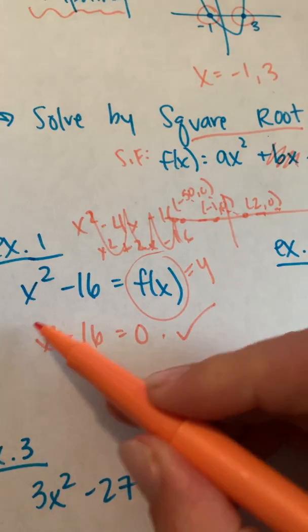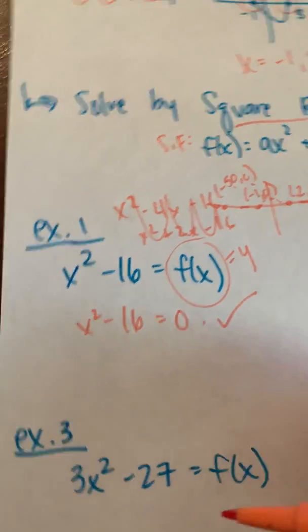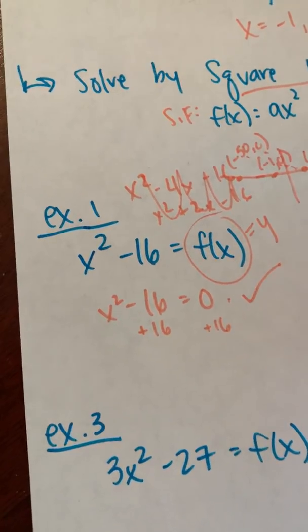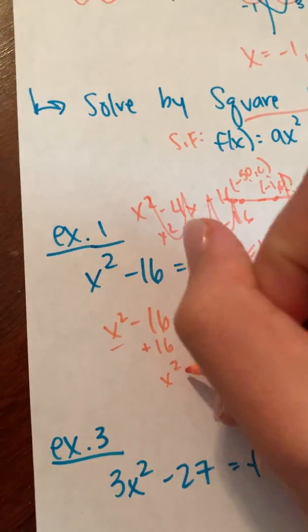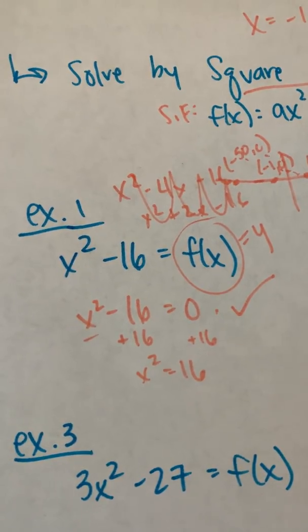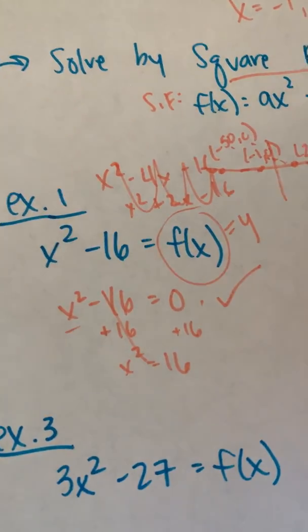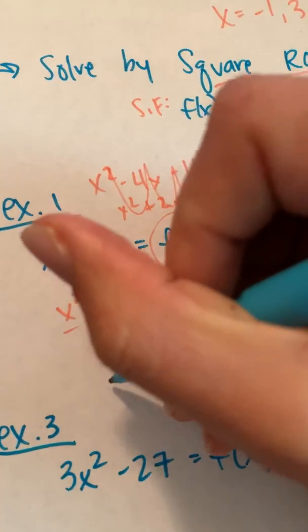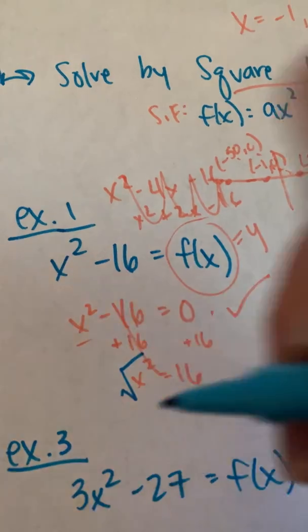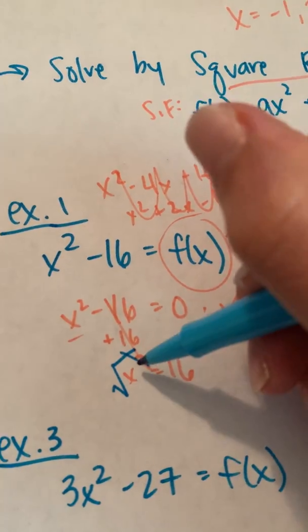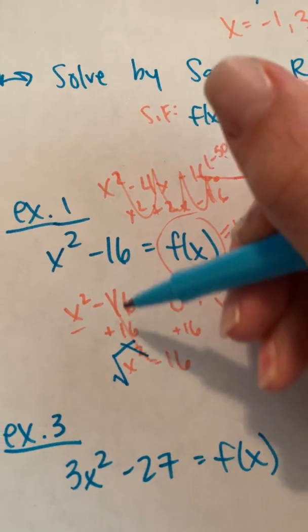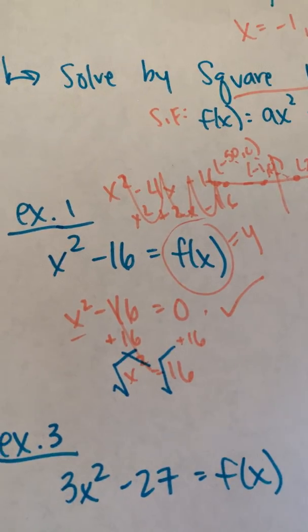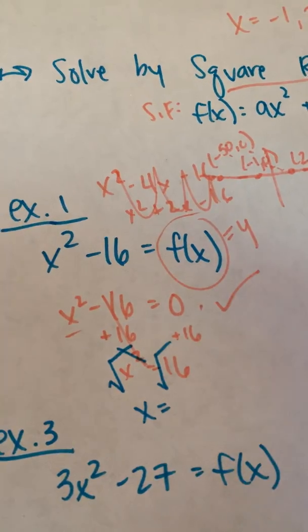Now, I get this x squared guy alone. How do I get him alone? I'd have to add over that 16, right? I need to get that 16 by itself, or this x squared by itself. So now I just have x squared equals 16, right? Because these cancel, 16's over here. Now the opposite of x squared, we've talked about this before, is if you square root it. The square root cancels the square. Just like adding 16 and minusing 16 cancel each other out. Square rooting cancels the square. What you do to one side, you got to do to the other. So now you just have x equals